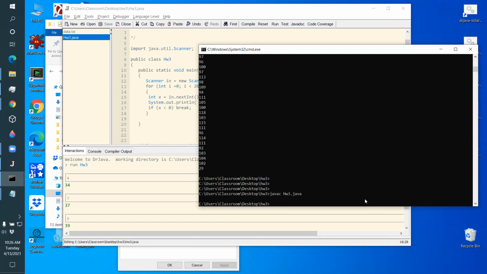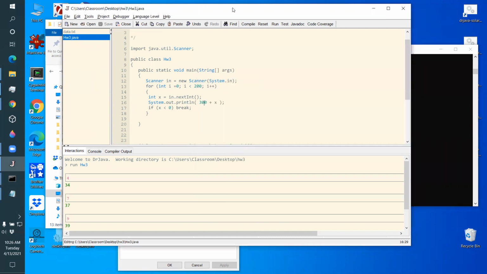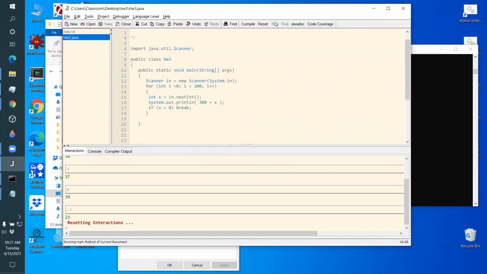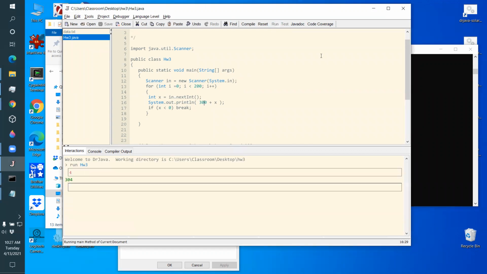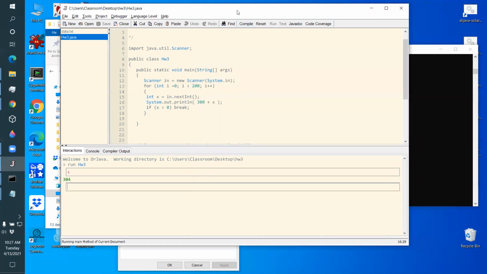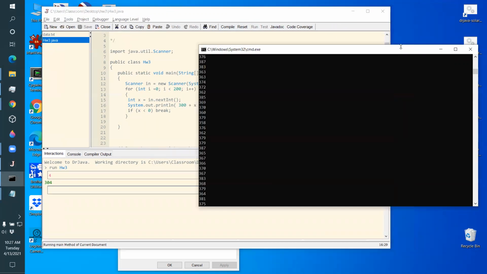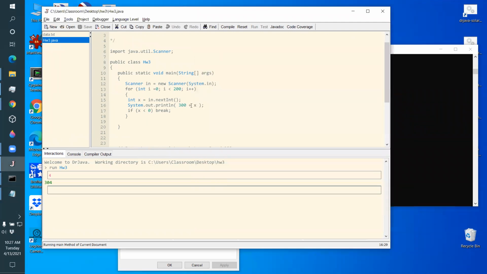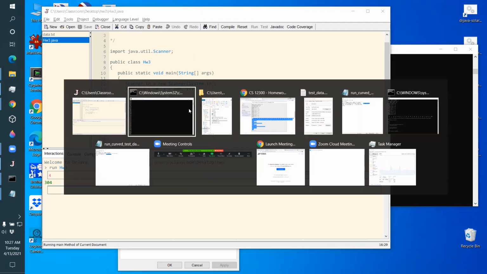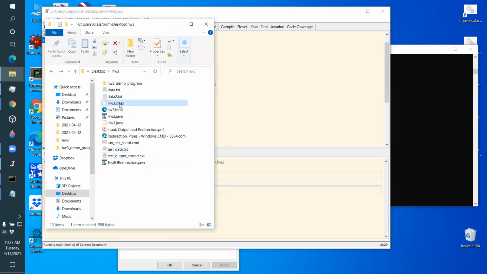Okay. Now if I run my program, see now it's adding the 300 to every input. So I'm running the different version. Now if I go back over here to Dr. Java and run it, see, I'm running the new version. Dr. Java is running the version that was compiled over here. I edited it in Dr. Java and I compiled it over here. And if I go back and run it in Dr. Java, it'll run the same